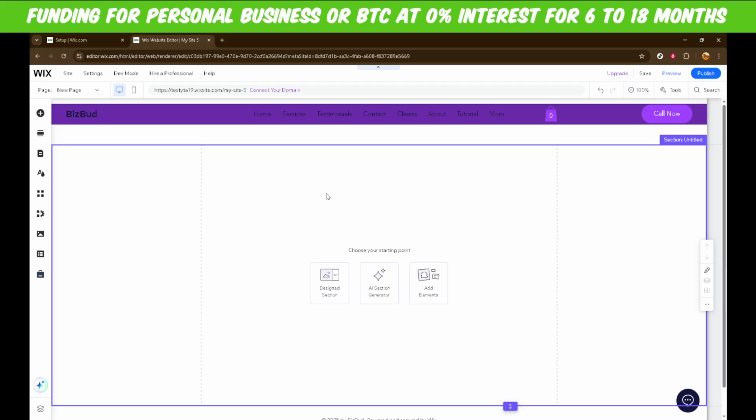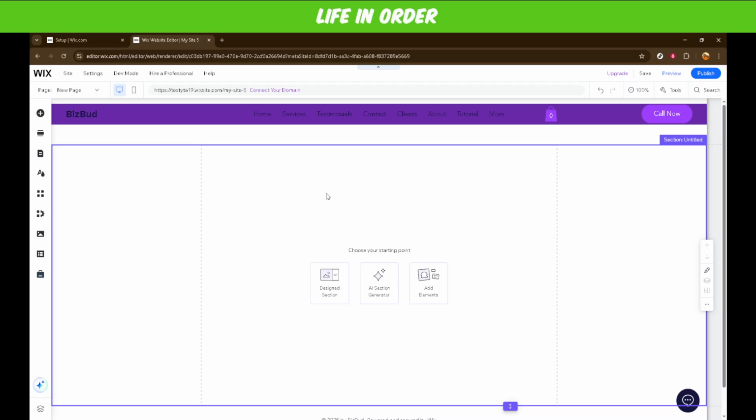If you haven't already logged in, make sure you do that and navigate to the site where you want to make this exciting change. Once you're in your editor, your screen should show the layout of your current site. This is your canvas. Now, begin by heading over to the Add Elements section, usually found on the left-hand side